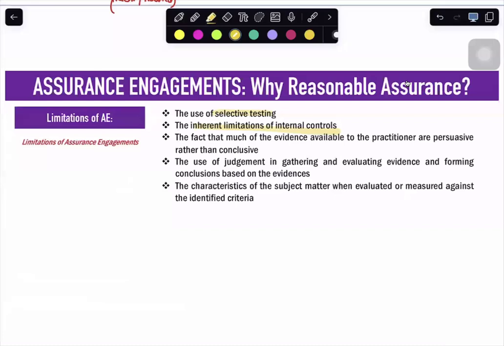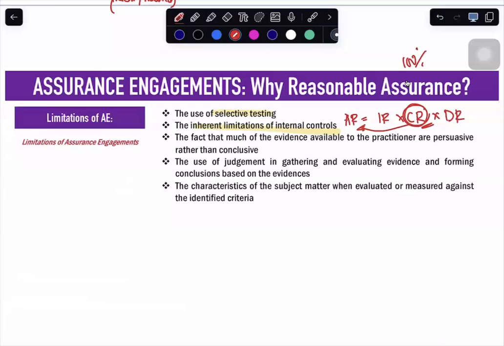Since internal controls are not working perfectly, in short, our auditors will ultimately have a control risk. Diba? Ang ating audit risk model: inherent risk multiplied by control risk multiplied by your detection risk. Since there is normally a control risk because there is no 100% perfect internal control, there will always be a control risk. Since there will always be control risk, that will provide a level of audit risk too.